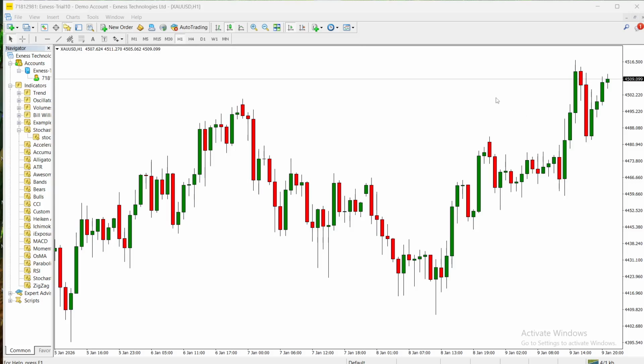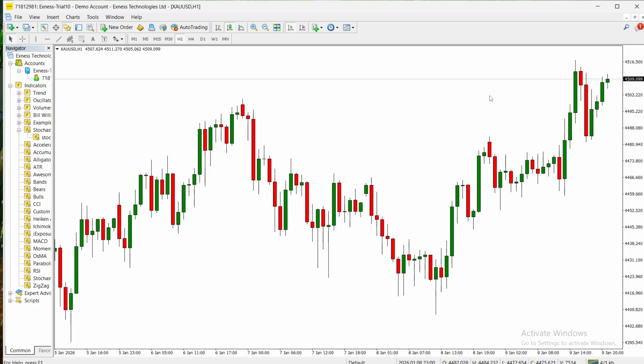Hi traders, in this video we are looking at the stochastic histogram indicator for MT4 and MT5. This visual variation of the classic stochastic oscillator displays K and D values as histogram bars instead of lines, making momentum shifts and overbought oversold conditions easier to interpret at a glance. In this video, you will see how the histogram format works, how signals are interpreted, and which trading applications are